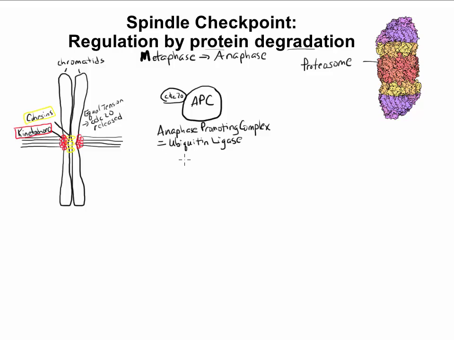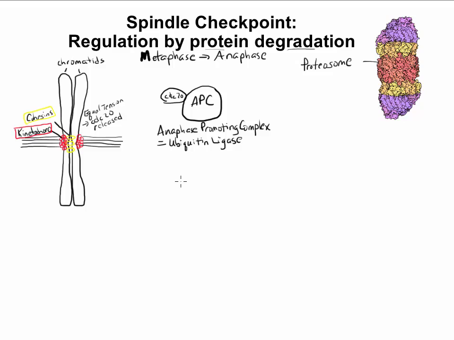promoting complex. So if we think about it, at the metaphase to anaphase transition, can we think of a protein that needs to be degraded in order to see that progression from metaphase, where all the chromosomes are lined up, to anaphase, where they're allowed to be separated? Well, of course, we can see that getting rid of these cohesins, or degrading these cohesins, would be a good way to get that accomplished, right? Because once that happens, then the motor proteins that are on these microtubules would be able to start pulling these chromosomes apart. But it's actually not quite that simple.